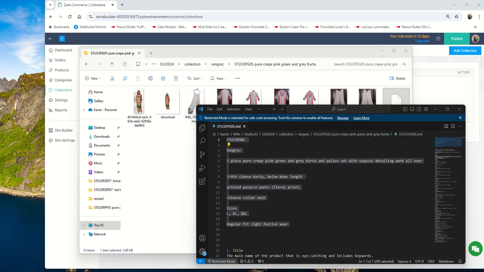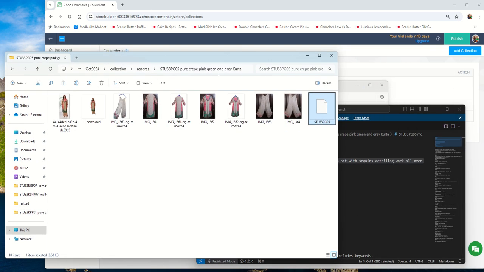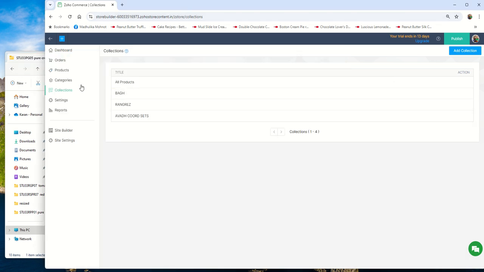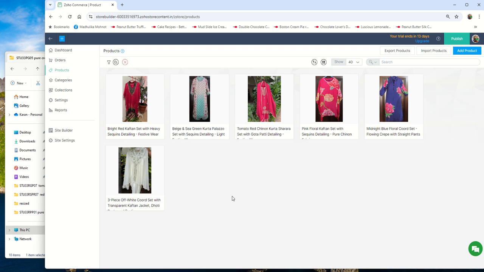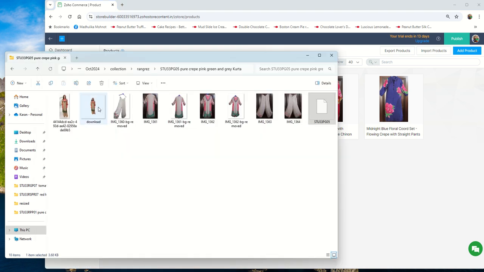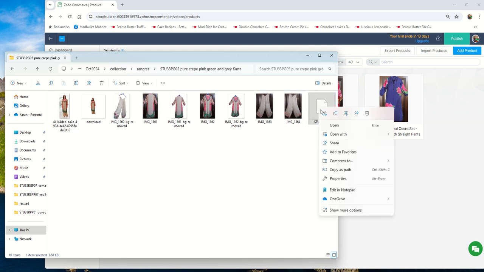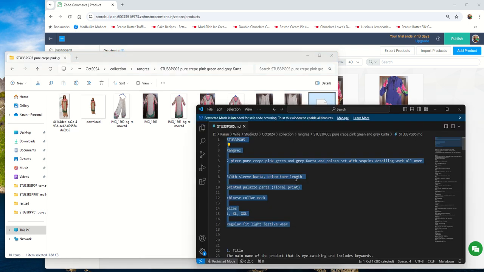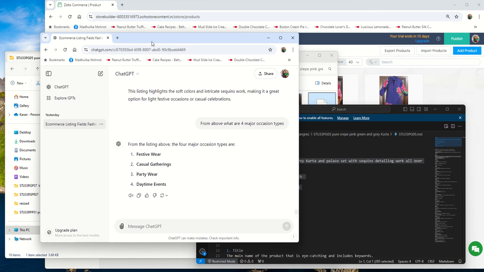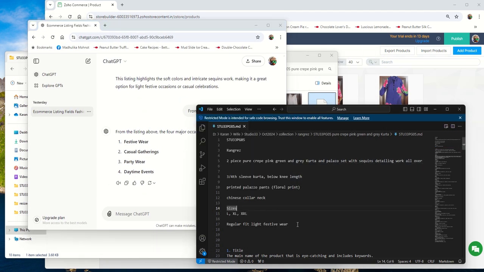So what I'll do is, let's see if this is uploaded or not in the website. Pure crep pink. So let's see all products. Sea green is there, very similar to this, but pink is not there. So here I will try to upload this. Now I'll open this listing and I will say to ChatGPT,